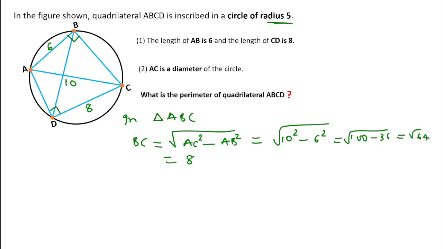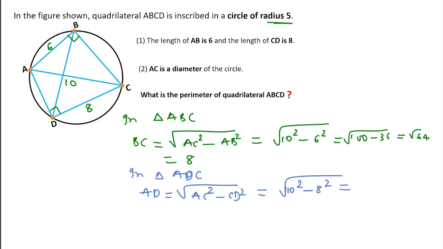that is under root 64, which is equal to 8 unit. And also we can find in triangle ADC the length of this AD, using Pythagoras theorem. This will be AC square minus CD square, which is equal to 10 square minus 8 square, because CD length is 8 unit, that is 100 minus 64, under root 36, which is equal to